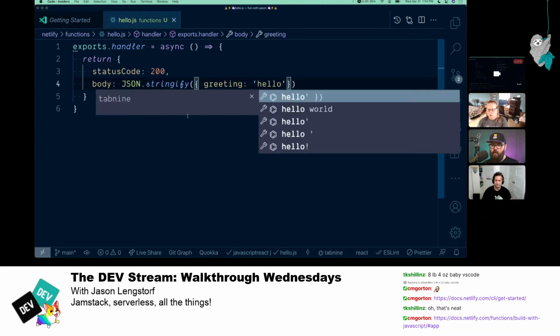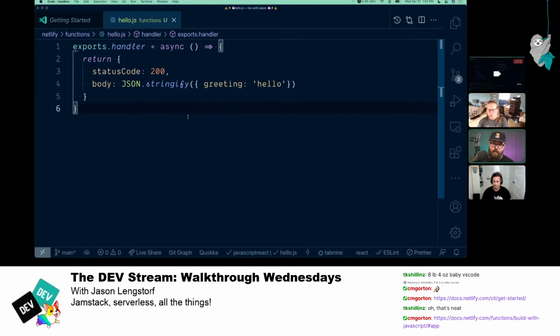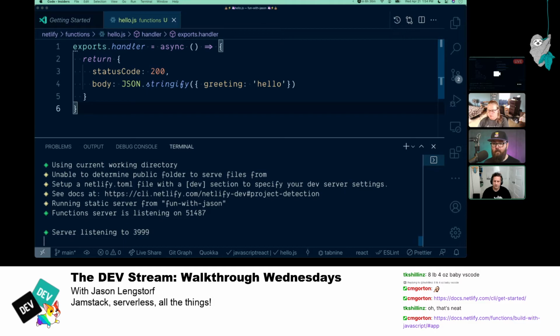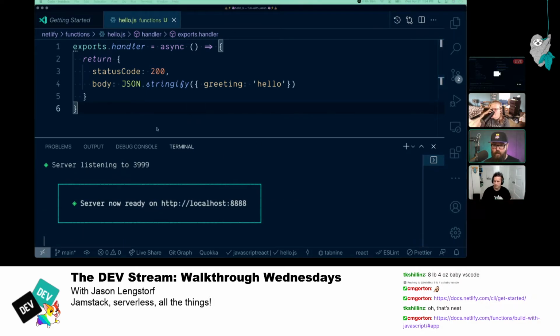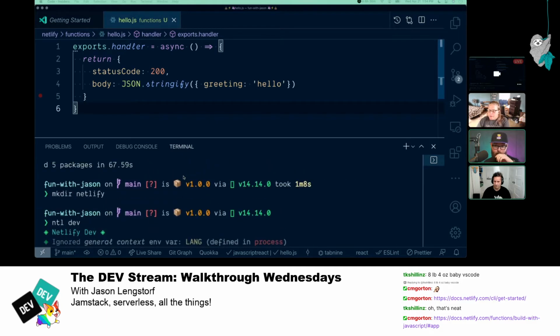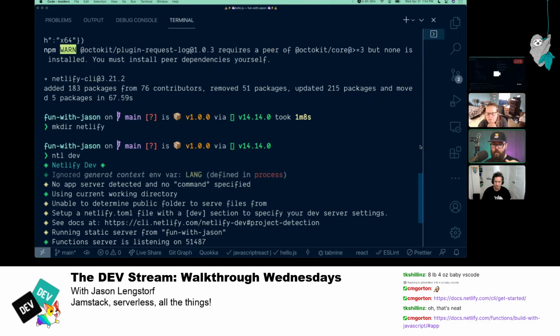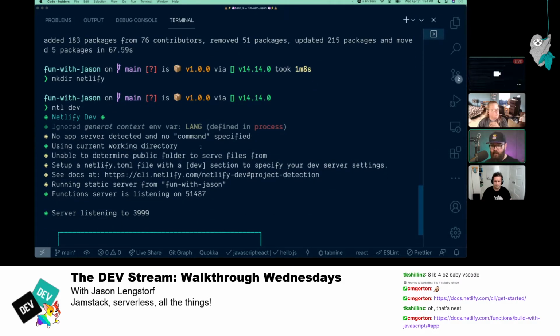Okay, cool. Now that you've created that, go back in your terminal and run ntl space dev. So ntl dev right now, what's that going to do for us? If you scroll up a little bit in the log output, it starts your server. It starts serving static files. We don't have any static files, so it just served an empty folder. But then second to last log line, it says function server is listening. In addition to starting our static site, it also started the function server so that we can test our serverless functions.